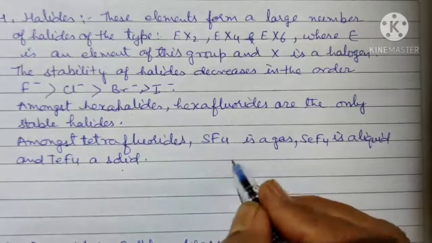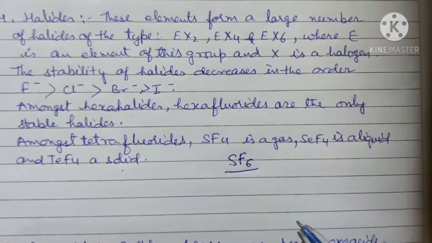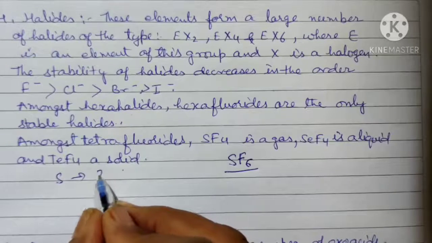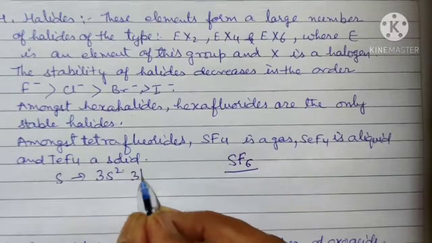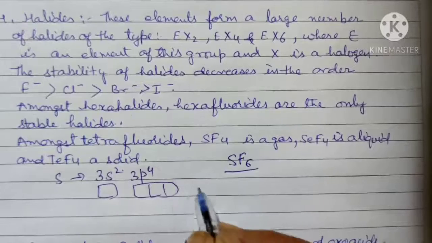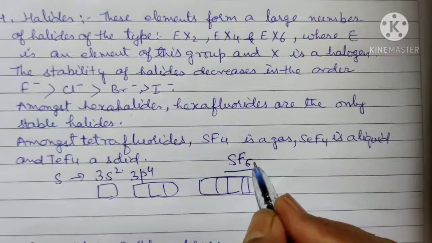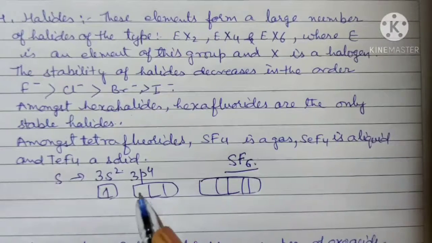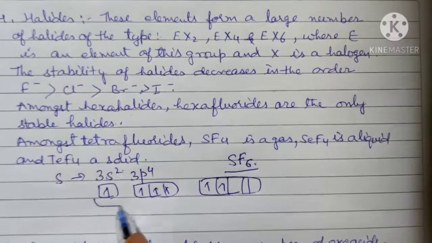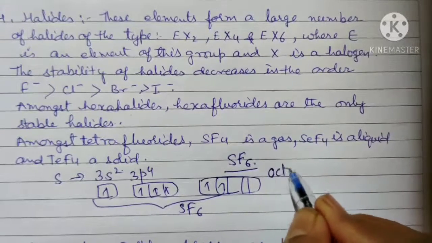Now when we talk about the hexafluoride, particularly SF6, that is very important, that is asked in the examination also. You know sulfur has the outermost shell electronic configuration 3s2, 3p4, and it has vacant d orbitals. And now because the compound is SF6, there must be 6 unpaired electrons. So electrons from the s and p orbitals will move to the d orbitals and then its hybridization will be sp3d2 and the structure will be octahedral.